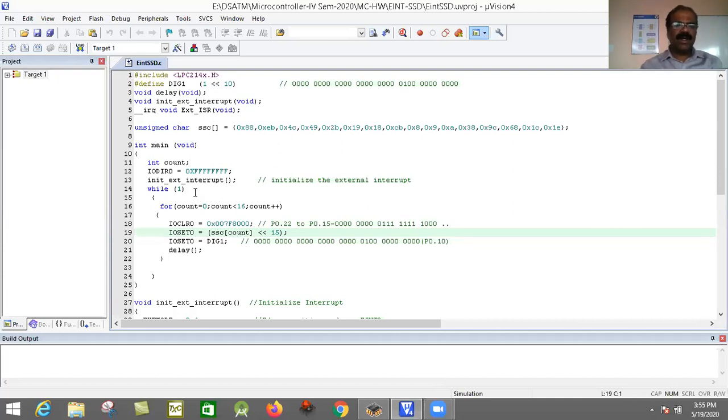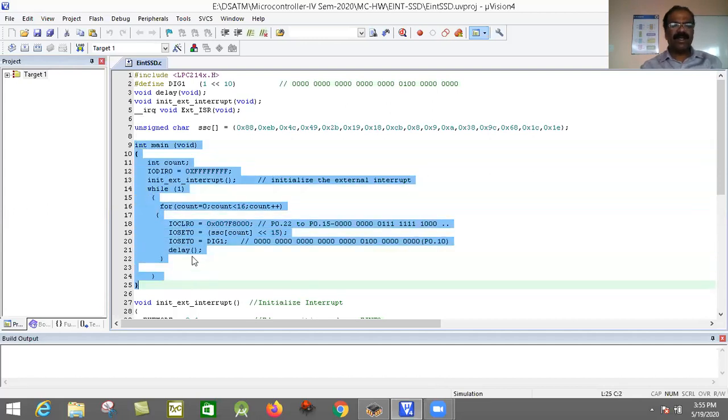In case 2, I've written some main program. I already explained about this. So we know that this is your main, starting from here to here. Here there'll be a program for 7 segment display to display count from 0 to 9 and A through F. That's a program I have already discussed in other videos. Just go through it. It's optional. It's not compulsory from the point of your syllabus. But if you feel it's really interesting, then do this. No problem at all. This is your main program.